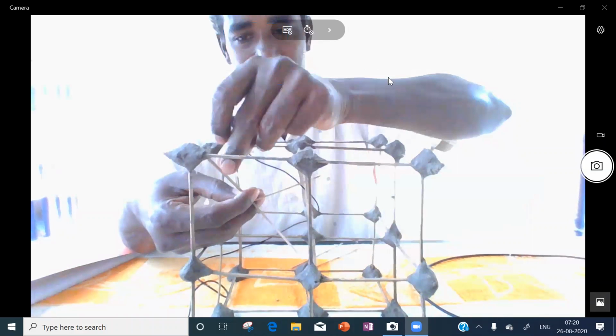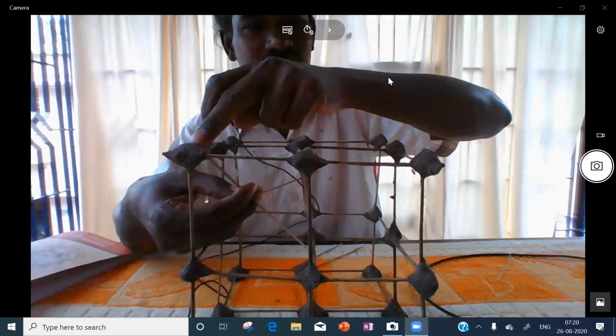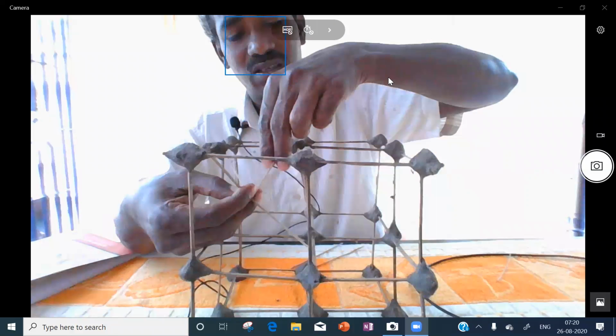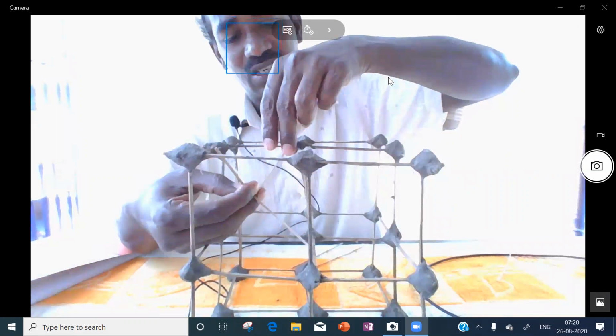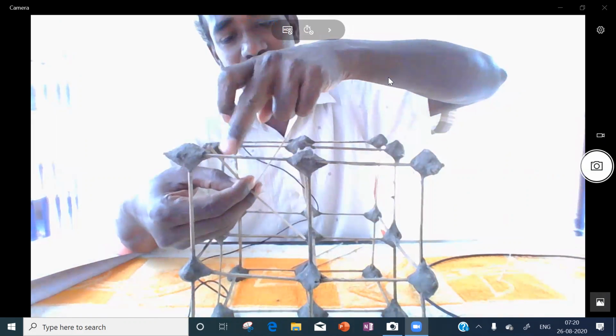So this is the corner we took. From this corner, we will go to this face center. From this corner, we go to this face center.